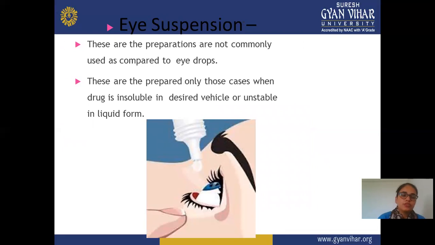Next preparation is eye suspension. This is a form of suspension in which small, uniform particles are present. During preparation of this suspension, you should also maintain aseptic conditions, with proper sterilization at each and every step. We use particles of uniform, very small size, so that they are present in the suspension and have good wettability, making them easy to wet and solubilize in your eye. We also use some surfactant to maintain the wettability or solubility of the formulation.